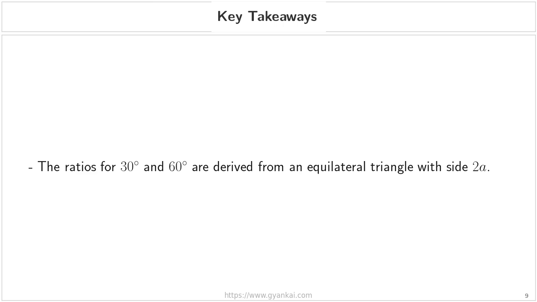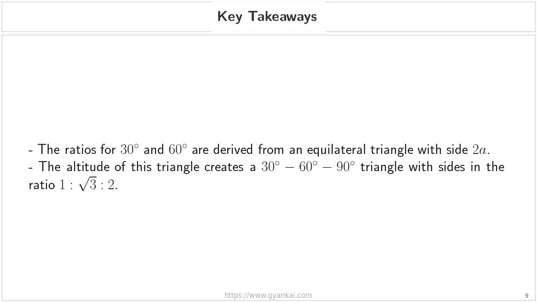Key takeaways. First, remember the foundation of our entire derivation. All these trigonometric ratios for 30 degrees and 60 degrees originate from that single equilateral triangle we started with, which we defined as having a side length of 2a. By drawing that altitude, as we saw in the previous steps, we effectively split the equilateral triangle into 2 smaller,